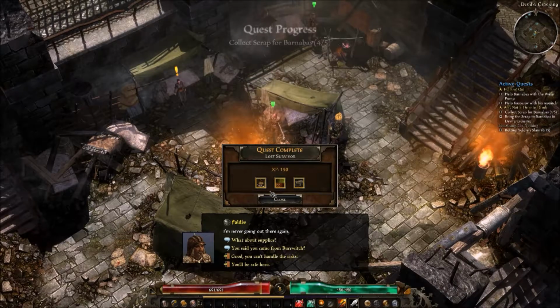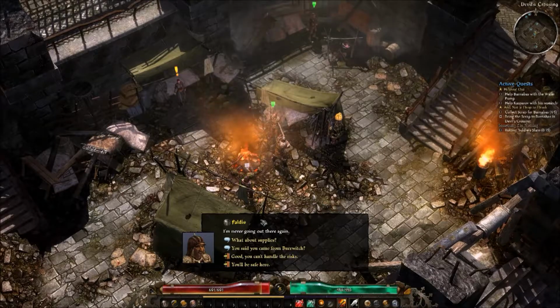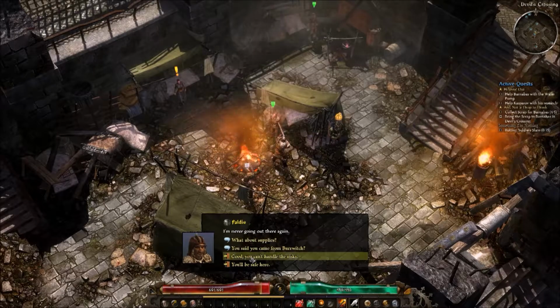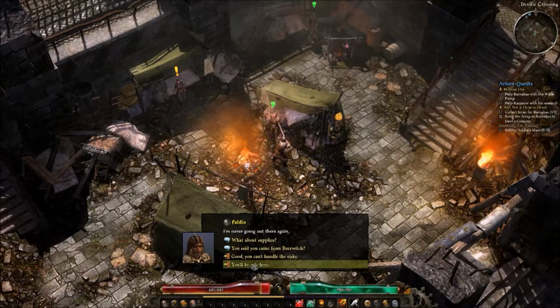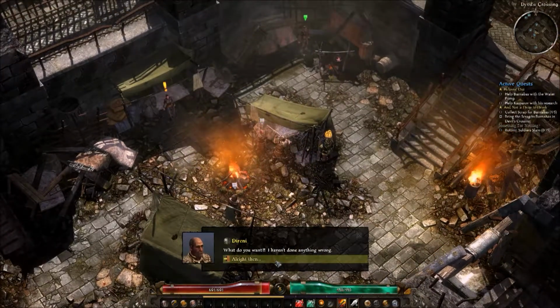And he has other dialogue options. Gives me tons of stuff. There's some scrap, actually. That might be very useful. I'll just tell him he's safe here. We don't really need to...